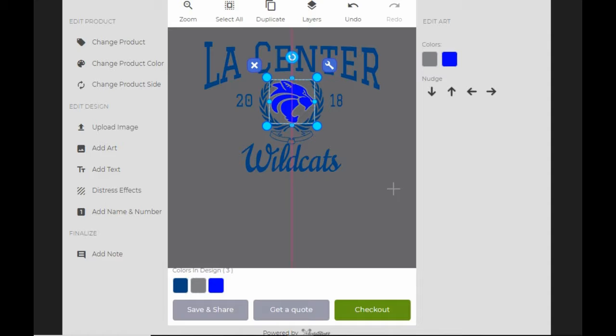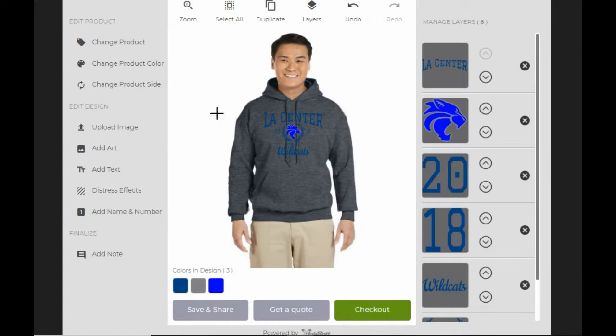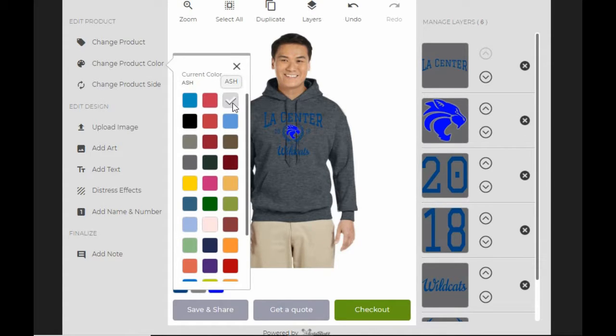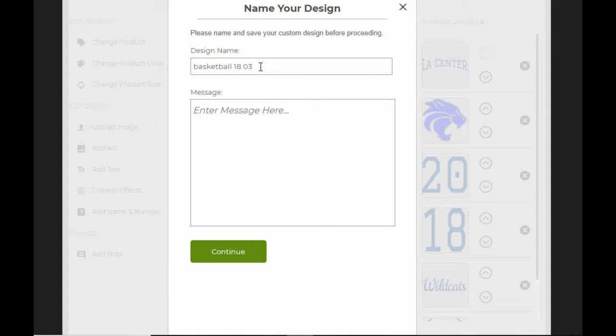Okay, I'm using my keys to make sure that I move it around. That magenta line means that it's dead center from left to right. If you manage to hit the center point top to bottom, a magenta one will also appear left to right. Okay, I think that this is a pretty darn good looking design. I'm going to zoom back out, and I think I'm actually going to go to a different color apparel. So I think that's a pretty darn good looking product too. Okay, so now I'm going to save this off as basketball. I'm going to call this Lacenter